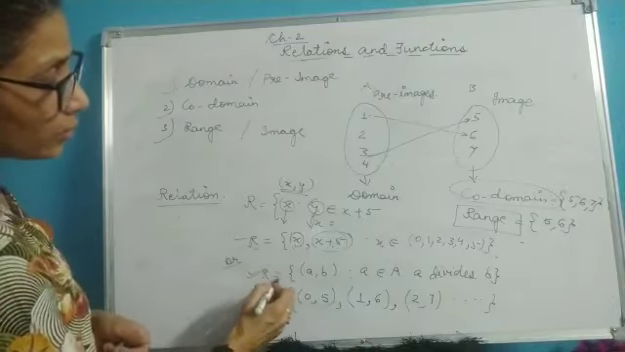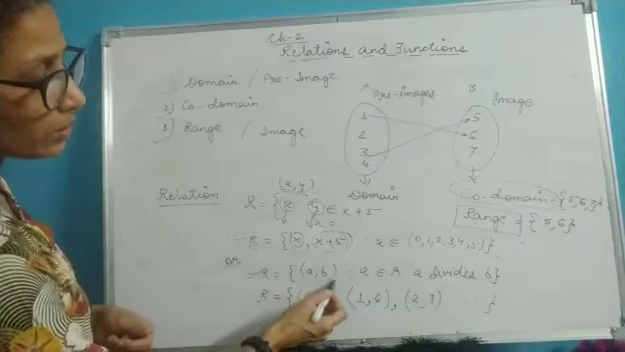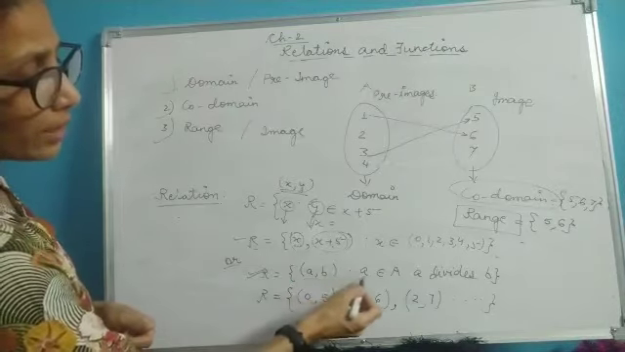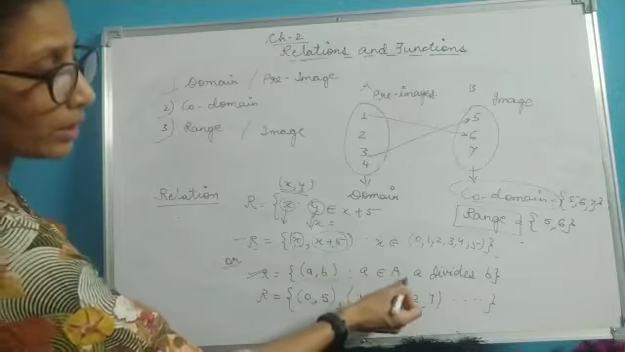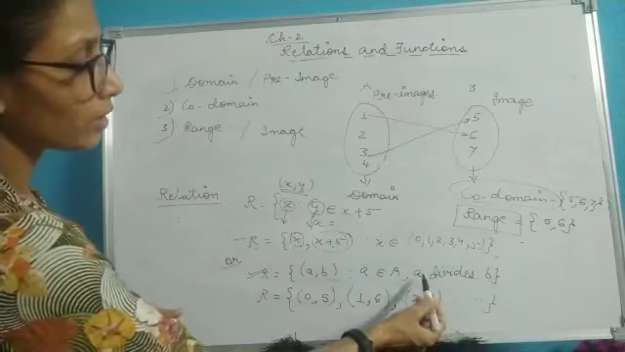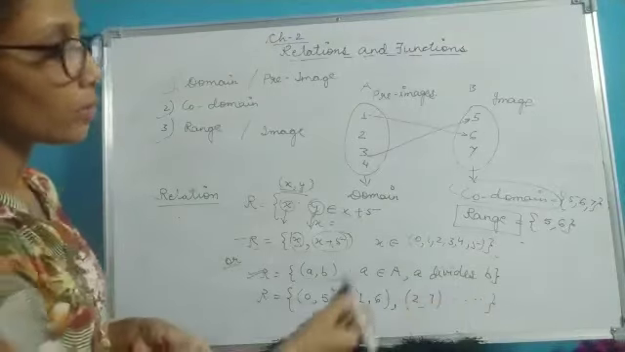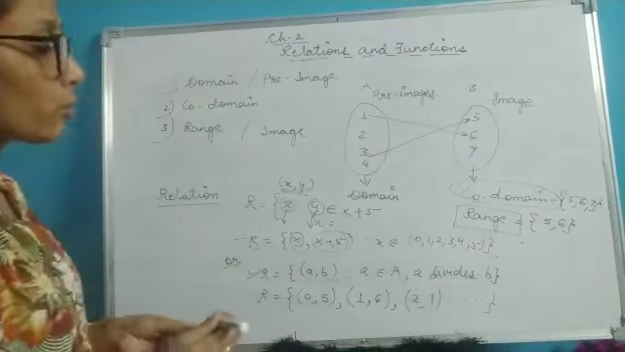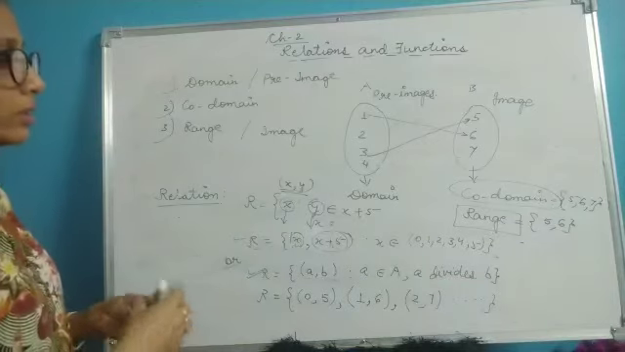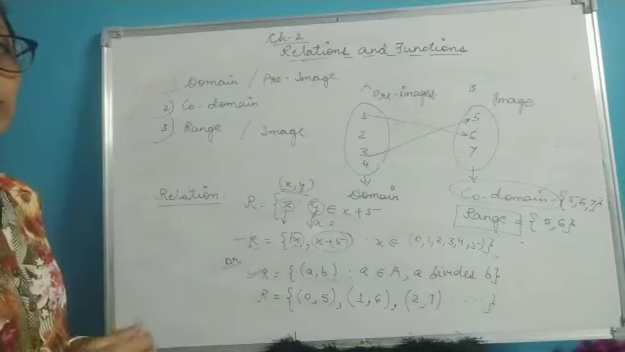Now see, you can represent relation again as a comma b. This is an ordered pair such that a belongs to capital A, where A is defined as something and small a is divisible by b, or it is written a divides b. So in different forms we can write the relation. Let's